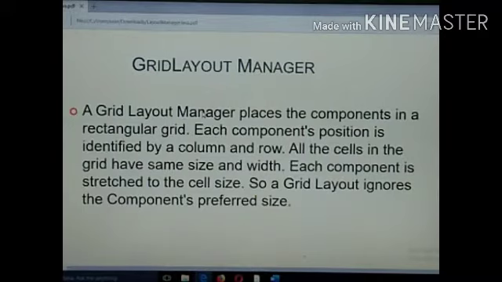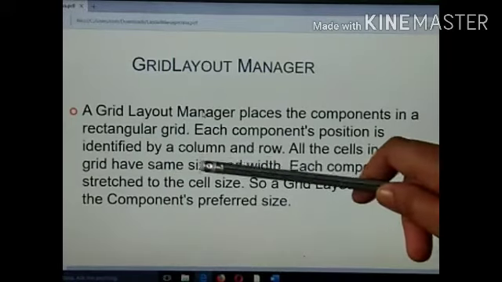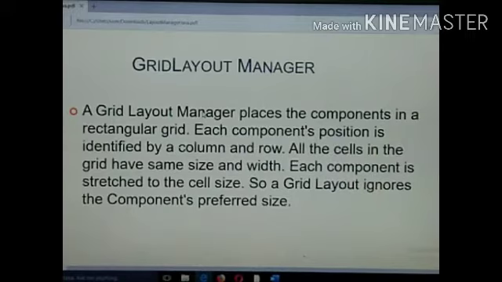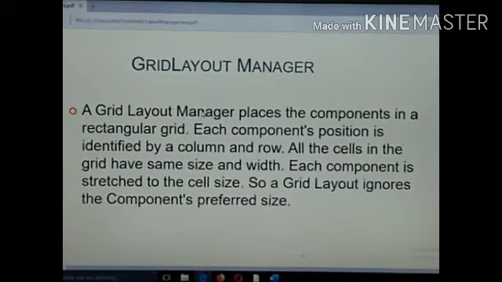Each component's position is identified by a column and a row. So you have constructors with the number provided for column and row. It may contain 3 rows or 2 columns or vice versa is possible. All the cells in the grid have the same size and width.